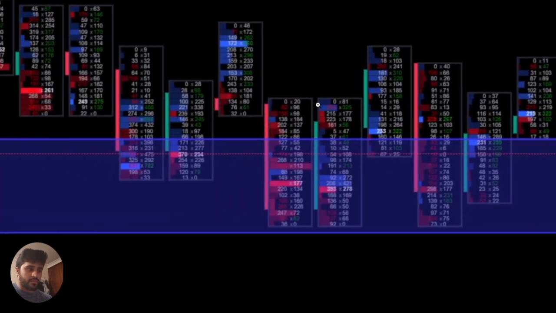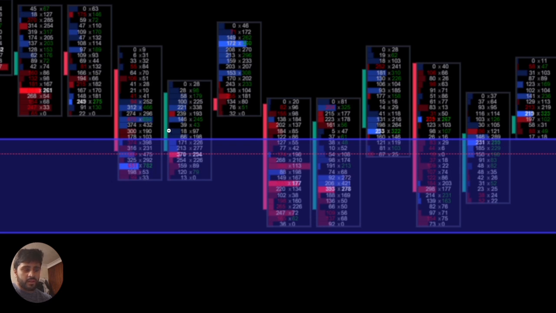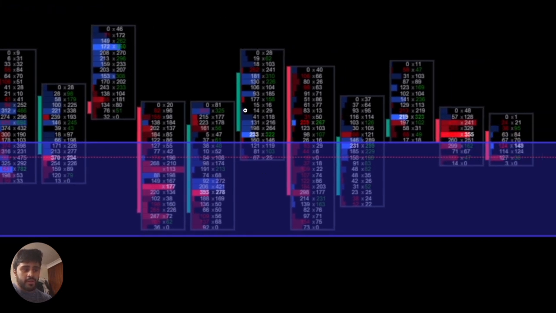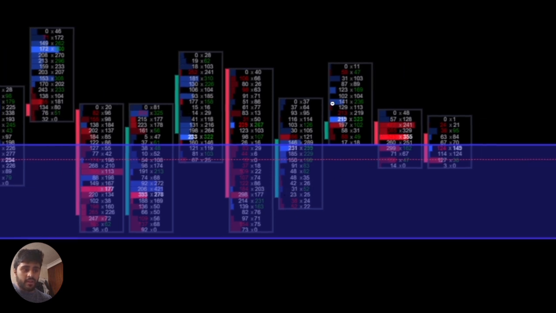So if we zoom into this over here, we have our first tap into the level, lots of buying activity. We have almost a break below. Same thing over here, we have a lot of buying activity and a break below. Same thing over here, a lot of buying activity and we start to break below. So what we can see